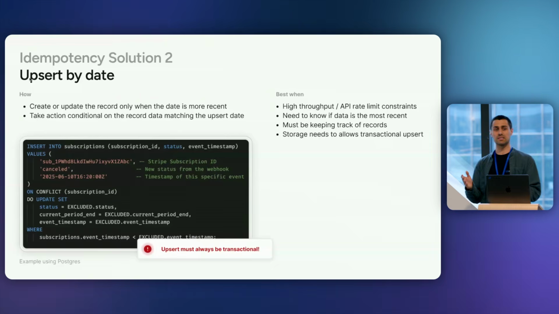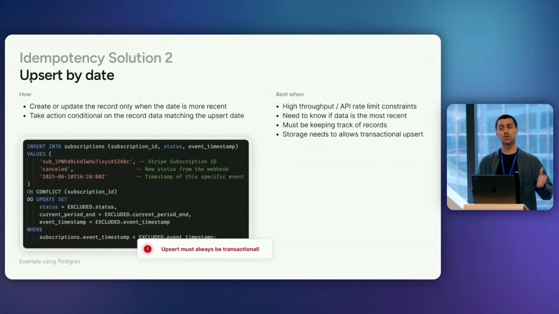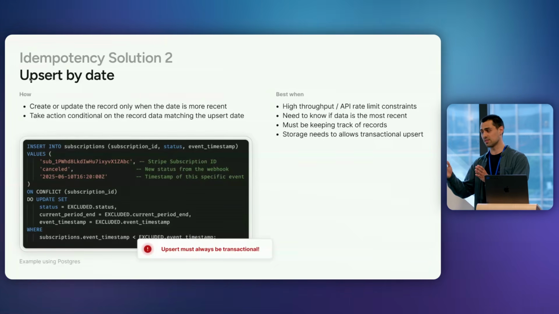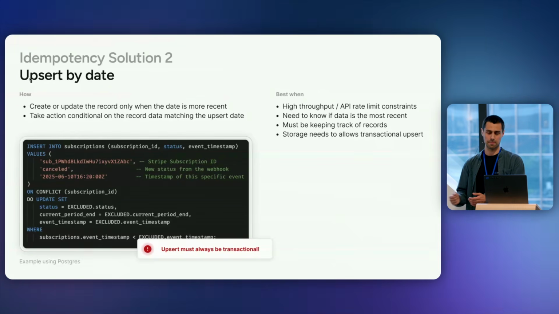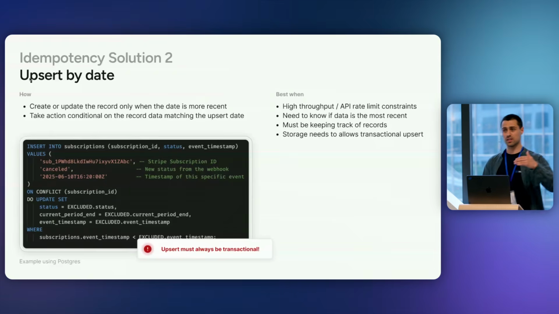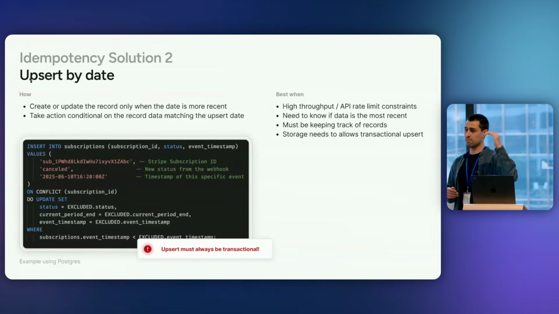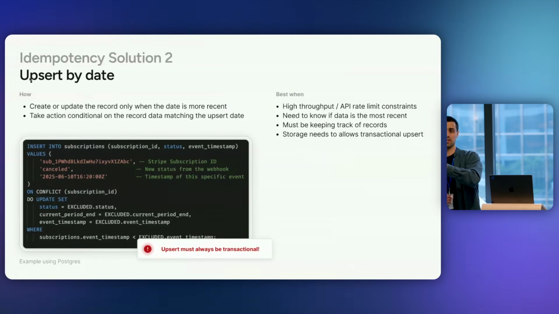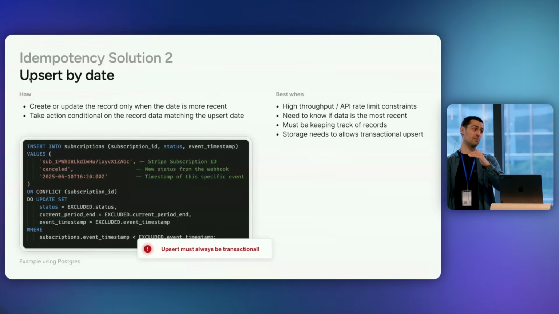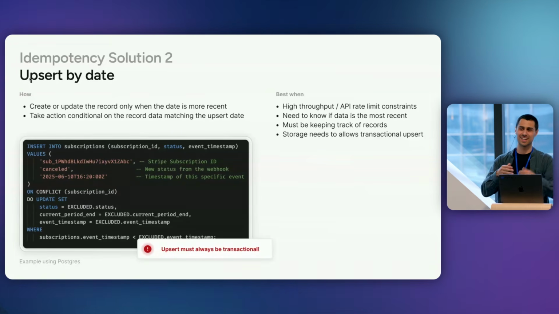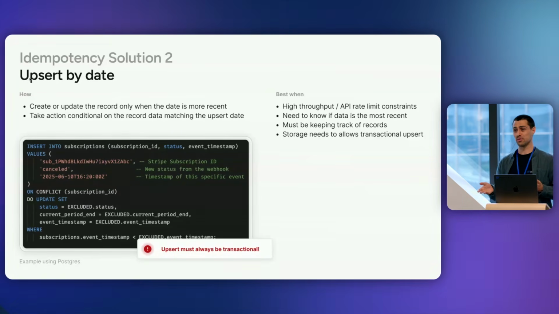The idea is basically that instead of reordering, you're ignoring data that is older than the data you've already processed, right? So in the case of a subscription, if I get the updated and then the created, my update is going to insert the row in the database. My create is also going to try to insert the row, but the date is going to be before the record I already have, and so it's going to do nothing.